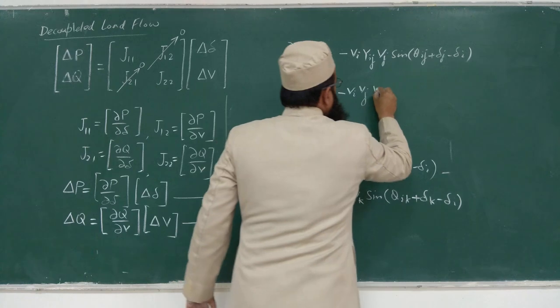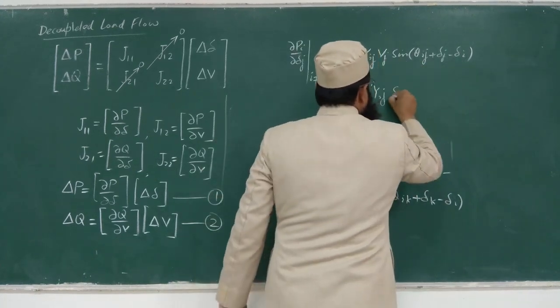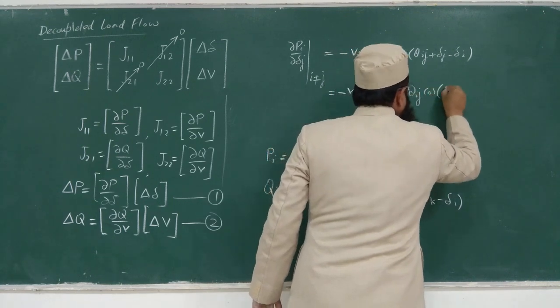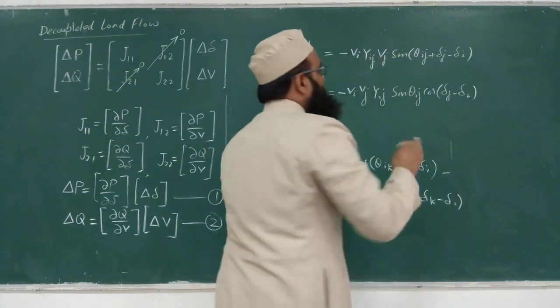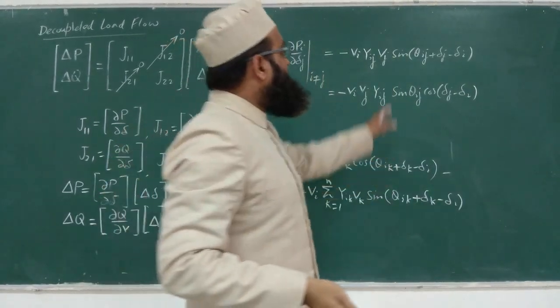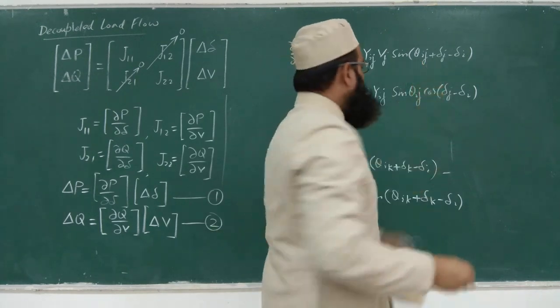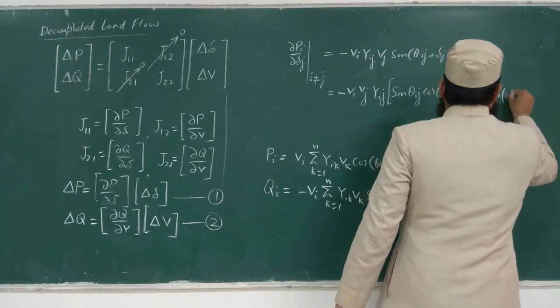Vj, Yij, and sine a plus b. So that will be sine a into cos b. What is sine a into cos b? Sine a into cos b plus cos a into sine b. Okay. Plus cos, what is it? Theta ij